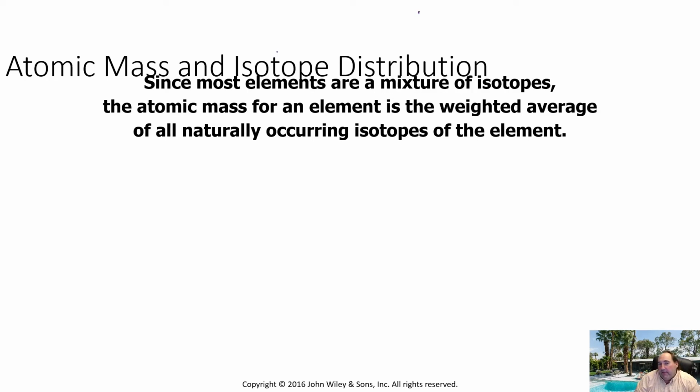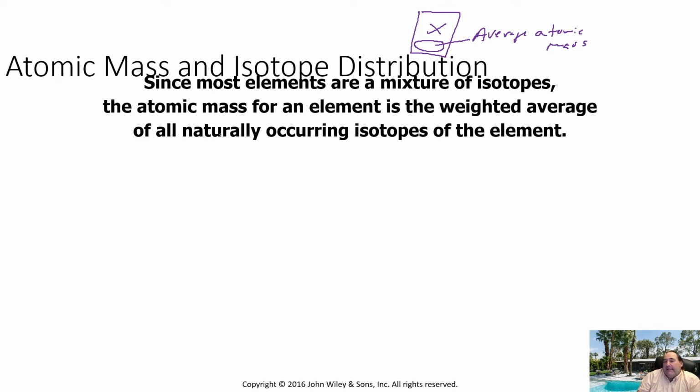So when we look at the periodic table and we see that number on the bottom underneath the symbol, it's actually the average atomic mass. Although most people don't call it average atomic mass, they just call it the atomic mass. Also, not to confuse you at this point, but later on, we will go to that number and use it in a more convenient unit, molar mass, which is grams per mole. But right now, we're talking about atomic mass, which is basically AMU per atom.